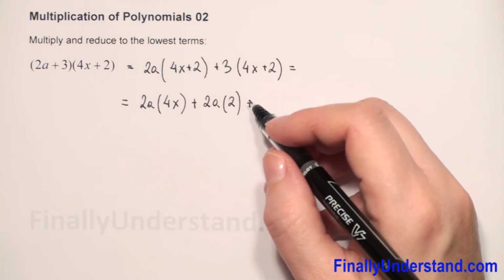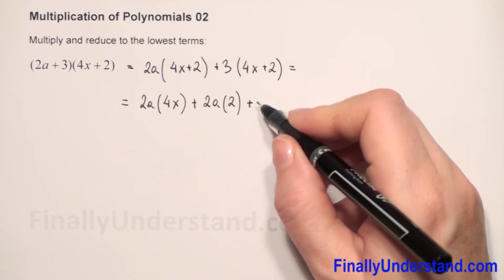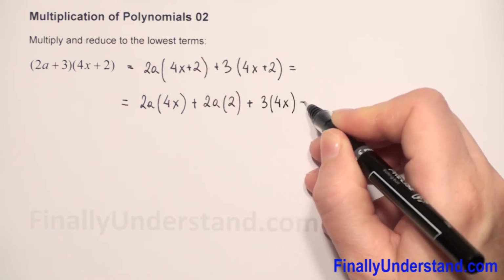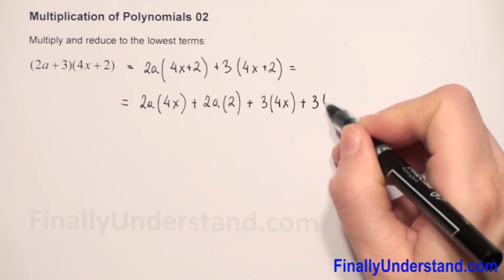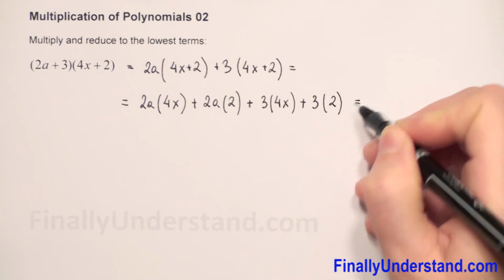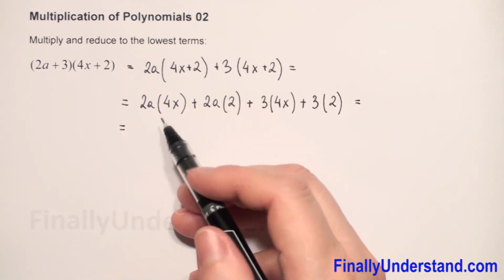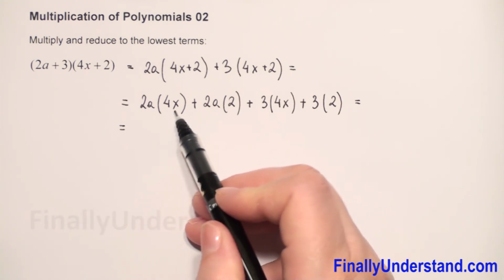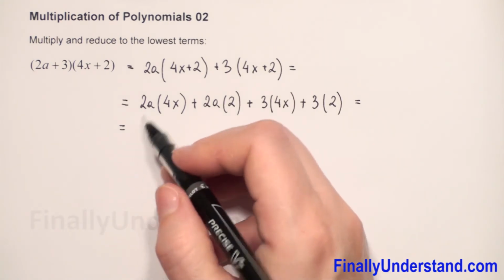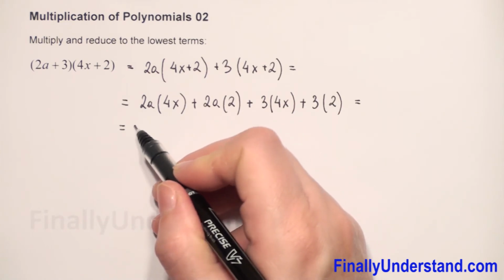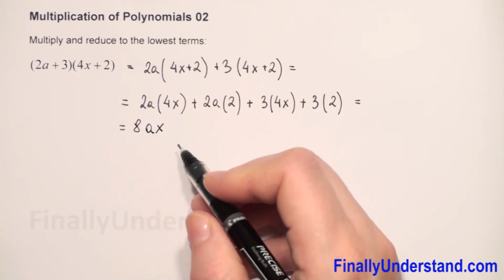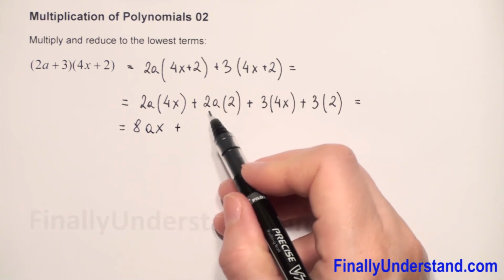We just use the distributive law of multiplication. So we have 3 times 4x plus we have 3 times 2. So this is equal. Now we have to multiply the numbers, and when we have different variables we have to just copy them. So 2 times 4 is 8, and we have ax, we have to copy,